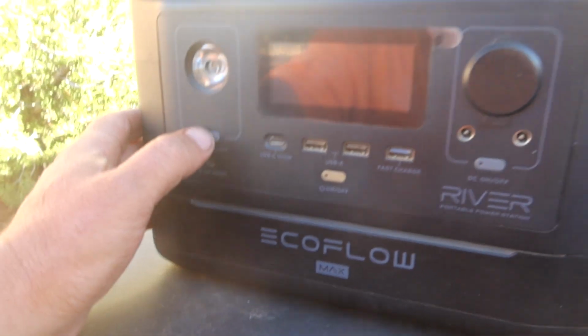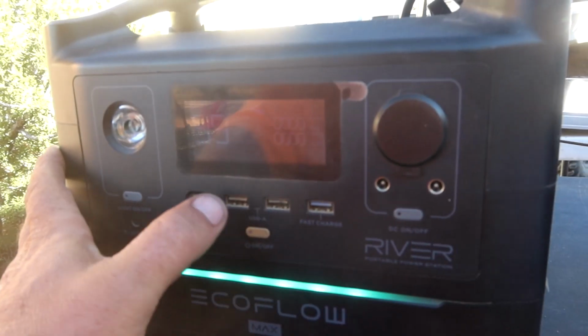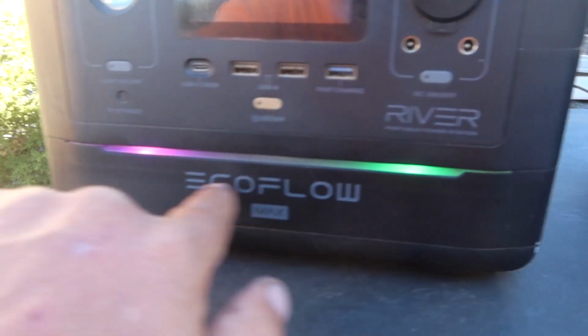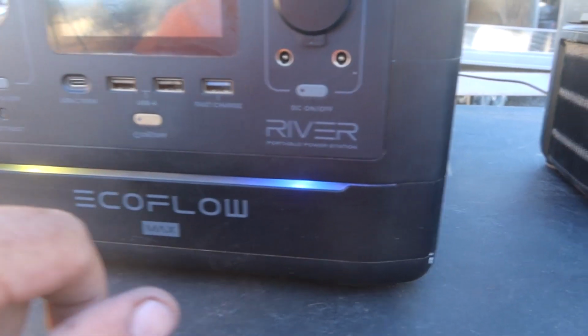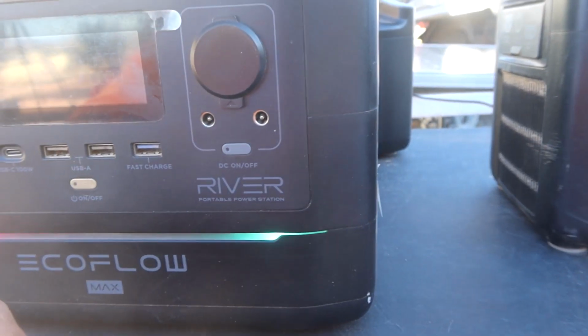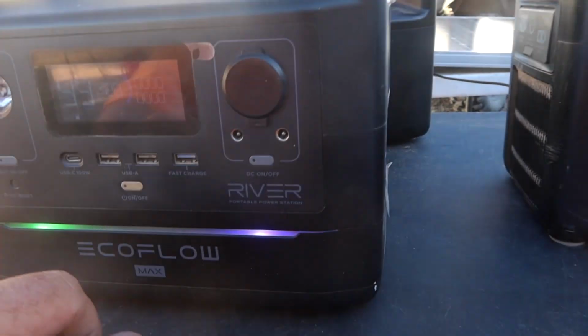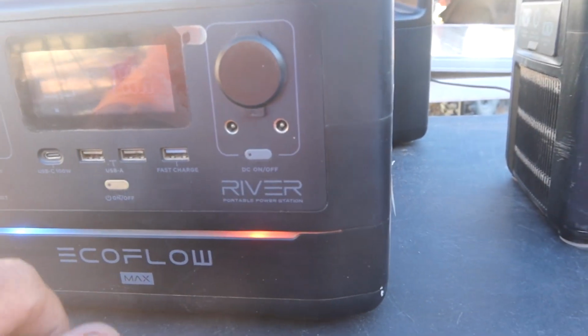Okay, it's got a light on it. We got the on-off switch. Just turn this on, and it is at 28%. It's got the little funky light here, which is kind of cool. So, let's hook this up to our 200 watt solar panels there. They're not really getting good sun right now, but...